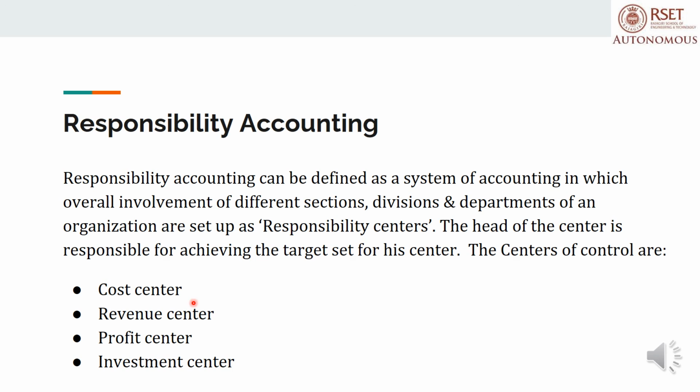Let us take the example of a revenue center. A revenue center is a center devoted to raising revenue with no responsibility for production. A good example is a sales center. It is a responsibility center in which a manager is only held responsible for the level of revenue or output of the center as measured in monetary terms, but not responsible for the cost of goods or services that the center sells.